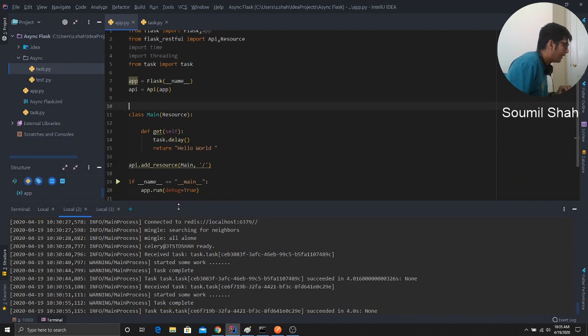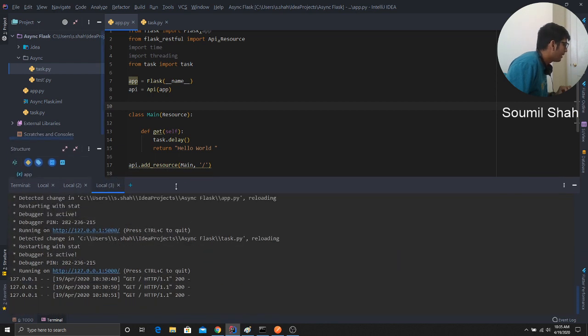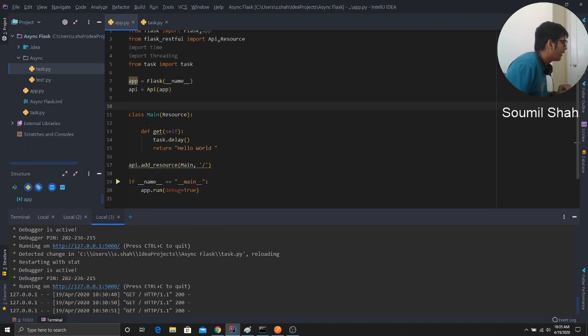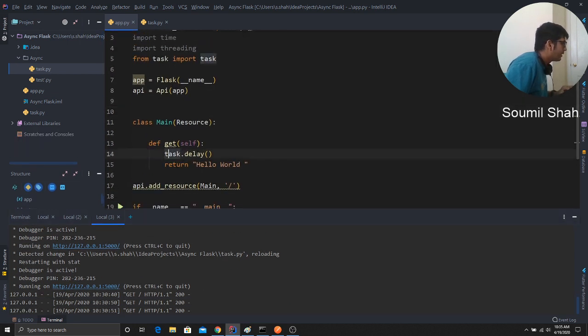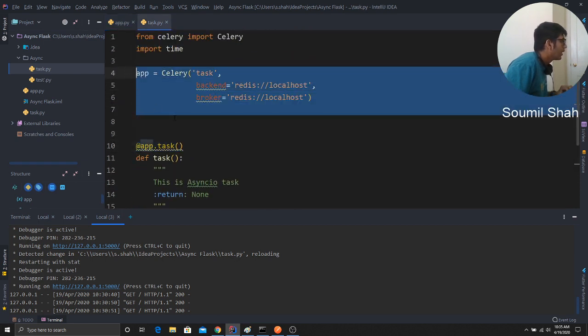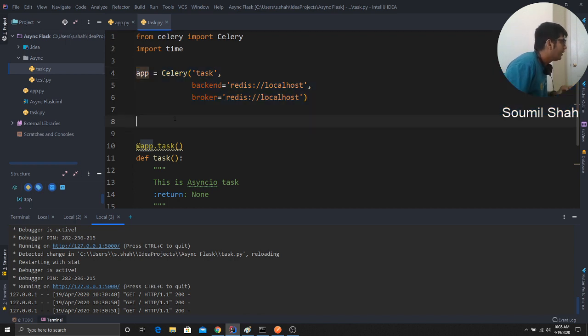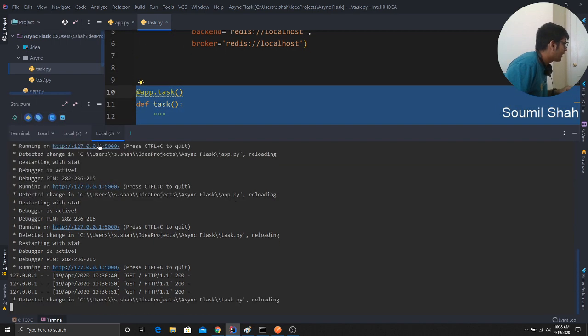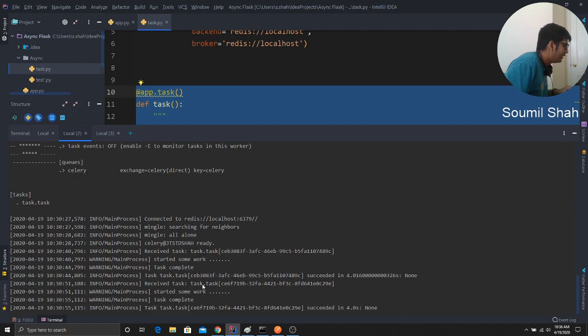Okay, let's go over it again. I know it's a little hard to understand, but I want to hammer this concept into your brain. So Flask is running, right? As soon as you give a request here, Flask calls task.delay. Delay is the keyword you use to do async. This means it's going to put it in the queue. The messages will be stored in the queue, and one by one the workers will take those messages and start executing them. These are the workers here.